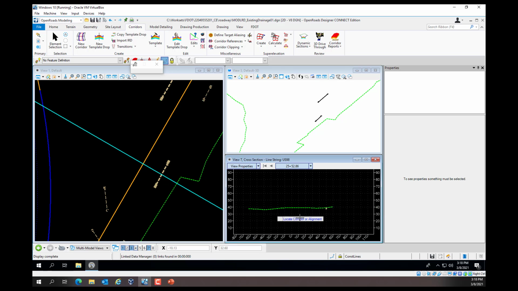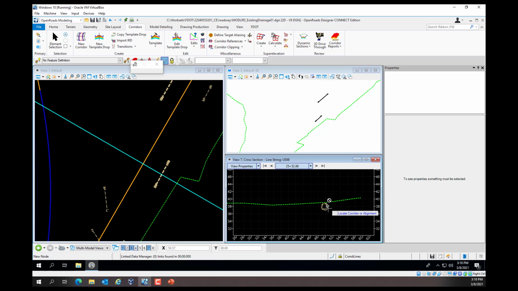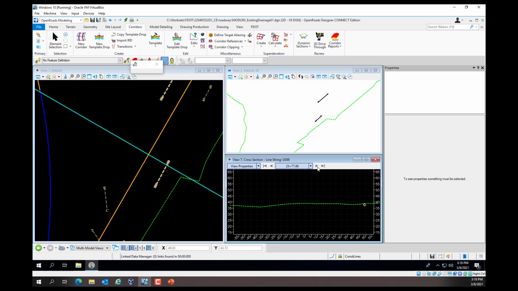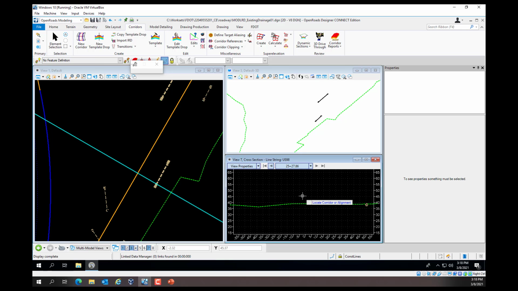We'll notice in our cross section, we see our existing drainage modeled. We can move up or down or back and forth. So that's how we view our existing drainage in a cross section.